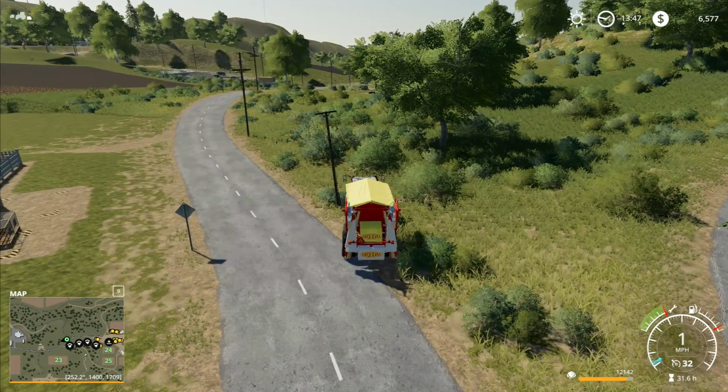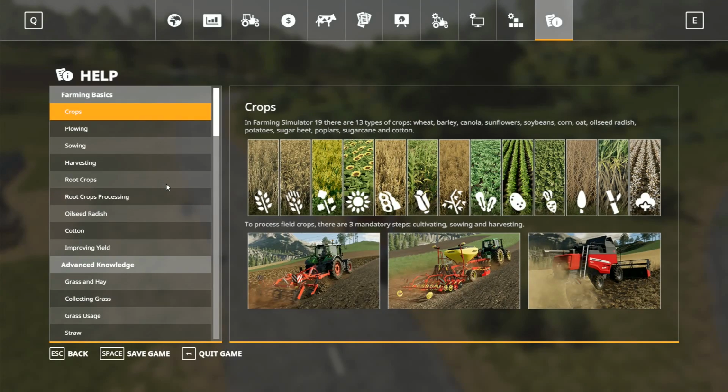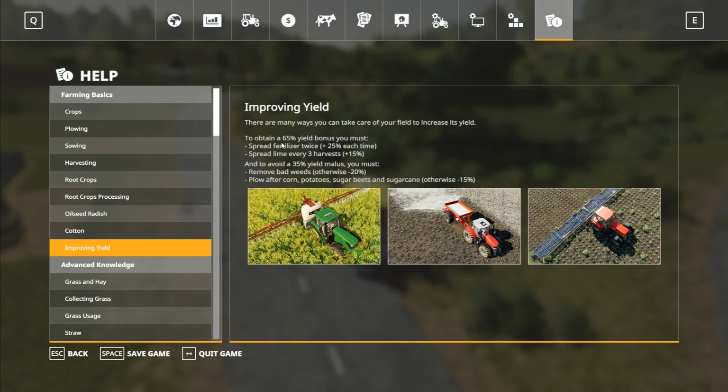If you could stop a minute, that would be grand. That would be absolutely wonderful. Improving yield: 65% yield bonus. You must spread fertilizer twice. That's plus 25% each time. Spread lime every 3 harvests. That's plus 15%. And to avoid a 35% yield cut...